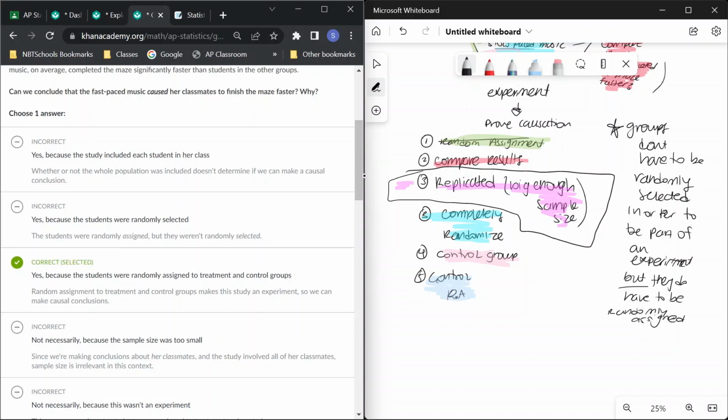So for that same reasoning, when we have volunteers and we randomly assign them and we have a conclusion and we can say, oh, this caused this, we can say that, but we can only generalize that to the group who volunteered, right? We can't say that, oh, like the whole population of New Yorkers,